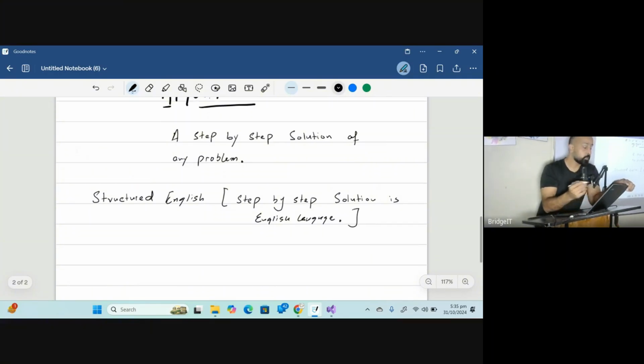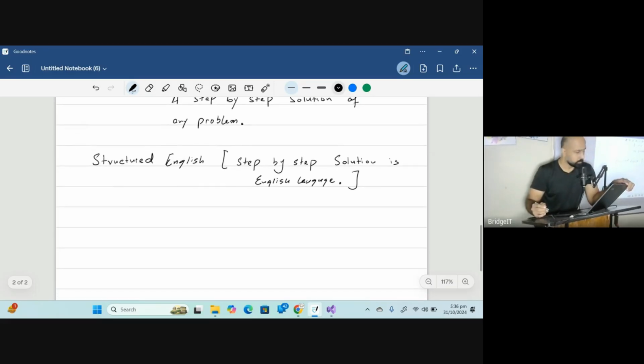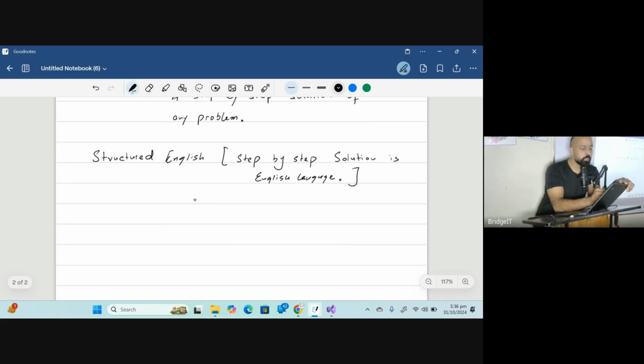Then, and this is part of the syllabus, we need to learn that. Structured English. Then we have flowcharts. Mostly we call it pictorial representation because it's in the form of pictures.